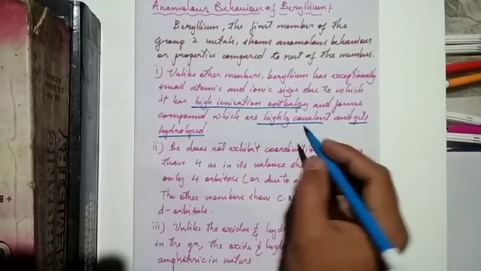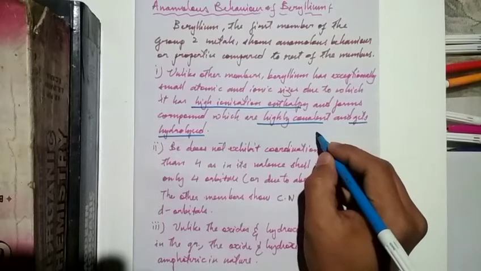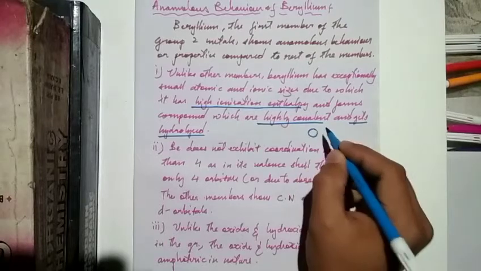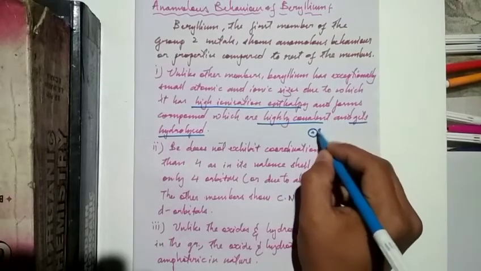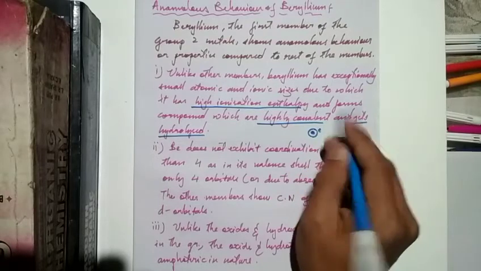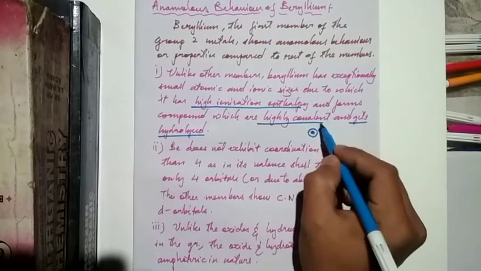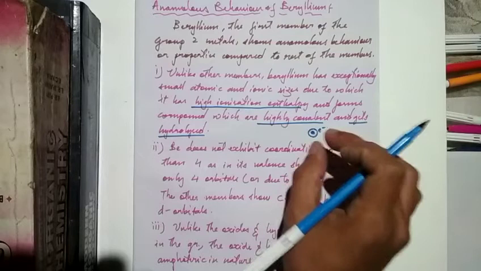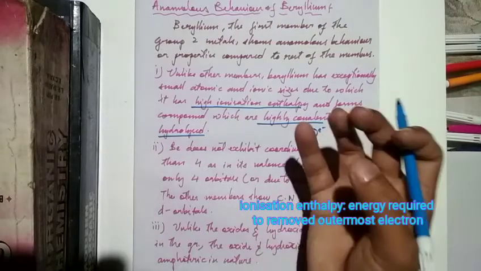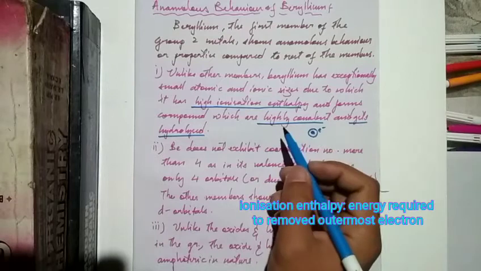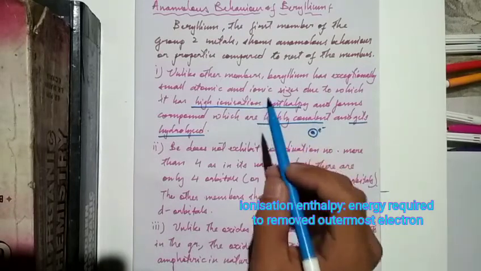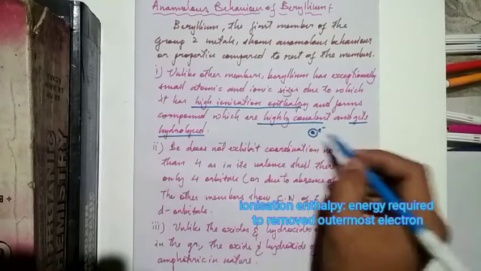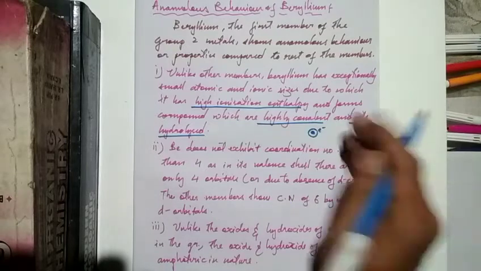Now this ionization enthalpy will depend on the size of the atom, or we say element. The closer an electron is to the nucleus, the more attraction there will be between the nucleus and the electron. Smaller size means the electron will be closer, and then it will require higher energy to remove it, and that energy is the ionization enthalpy. Because of that, beryllium has the highest ionization enthalpy among the group, and this ionization enthalpy decreases down the group as the size increases.